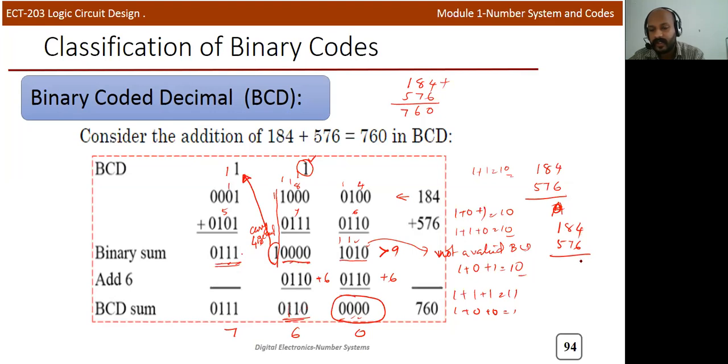4 plus 6, you will get A, and 8 plus 7 is 15, so instead of that, you will get F, and 5 plus 6, so you'll get 6FA. In a normal computer system, when you add these two values, if it is not a BCD addition, you will get the result like 6FA in hexadecimal. But if it is a BCD addition, you will finally get 760. But you need to adjust the final result by using this rule.